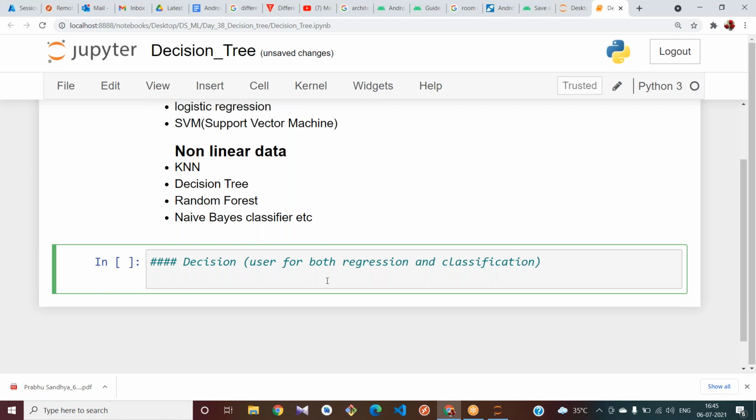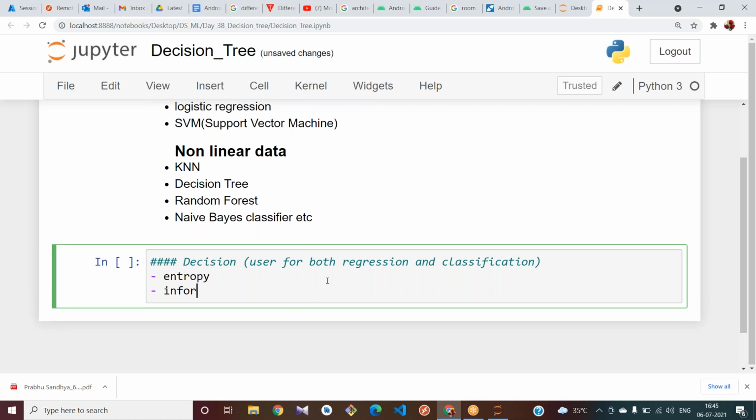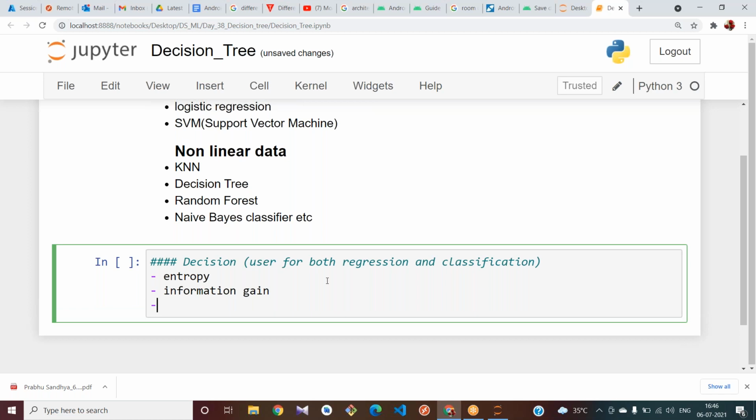In ID3, how it tries to make the decision is based on the parameters called entropy and information gain, average information gain, and also we will calculate some gain here. These are the three mathematical formulas that it will try to calculate when we are using the ID3 algorithm.